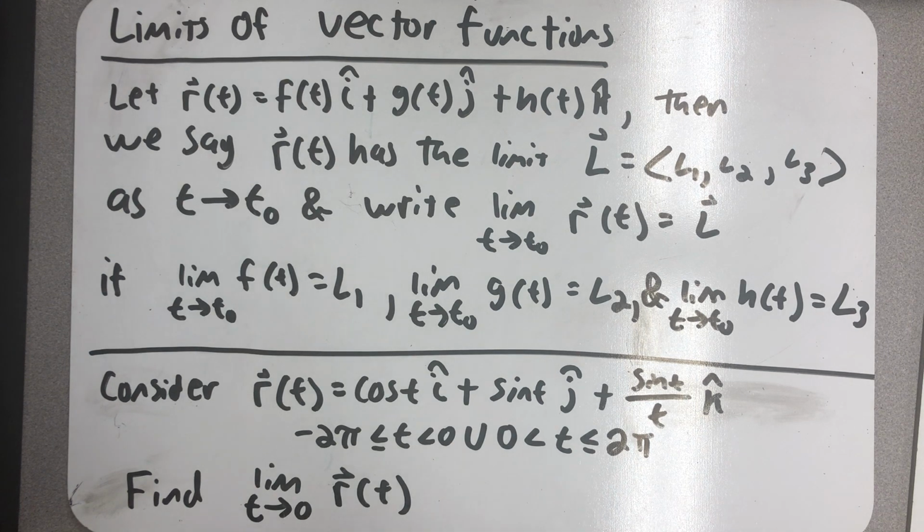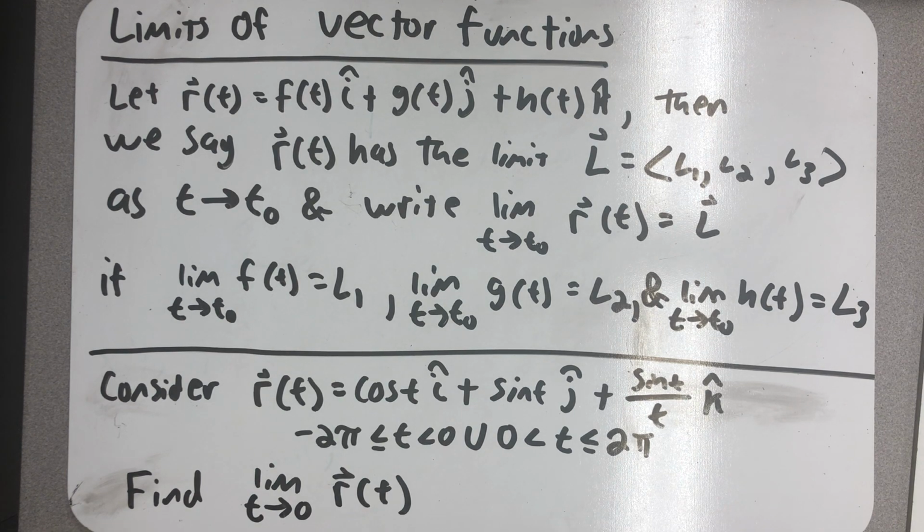We're finally at a place where we can start talking about calculus concepts. The calculus of vector functions, to be specific. So the first concept we need to come across is that of the limit. Let r of t be the vector function f of t i plus g of t j plus h of t k. Then we say r of t has the limit L, where L has components L1, L2, and L3, as t